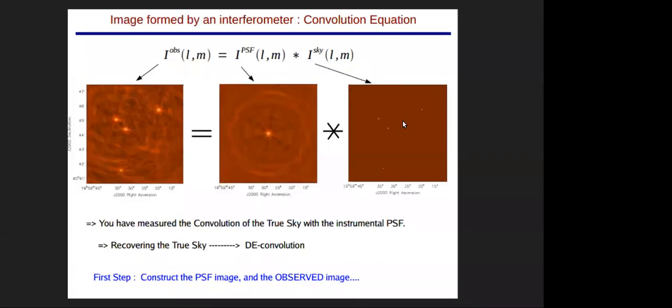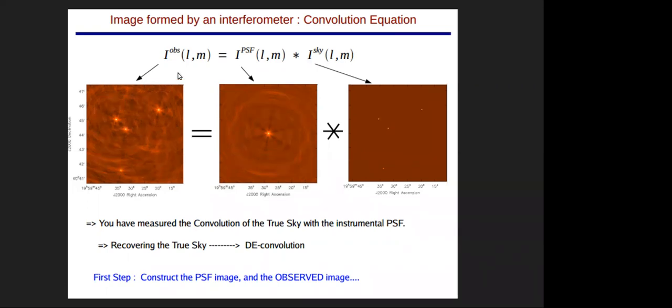Okay, so what we observe here is that this is the sky, there are 4 bright sources, and it is being convolved with your PSF, and that is our observed quantity, right? That you already saw in the previous slide. So all we want is to deconvolve this PSF from the observed image.